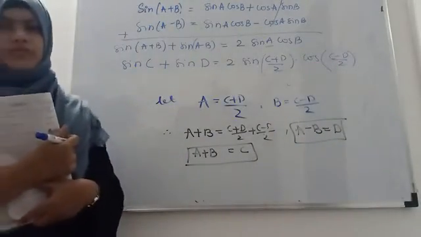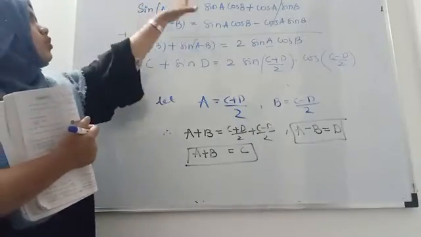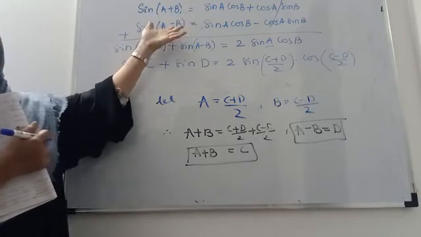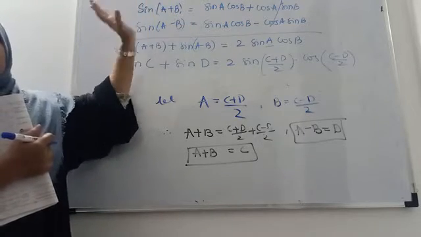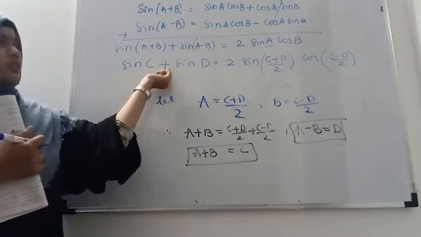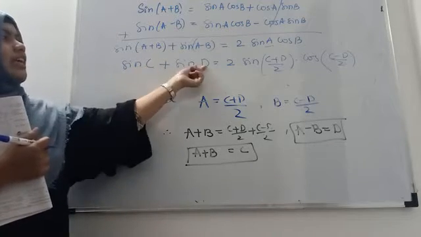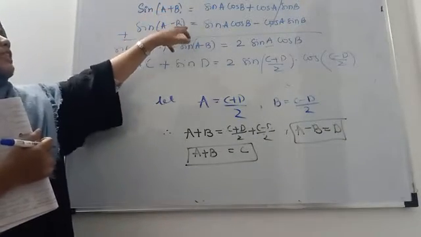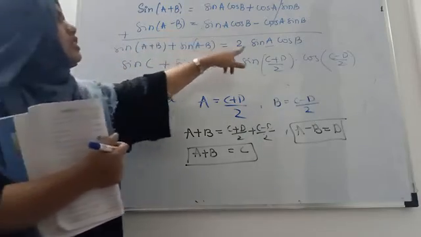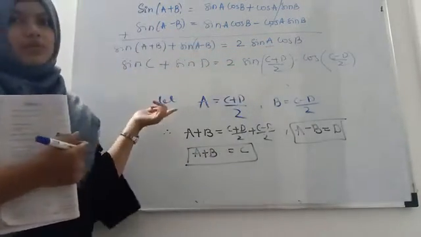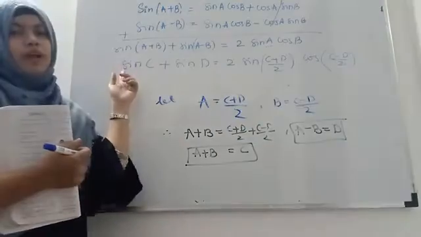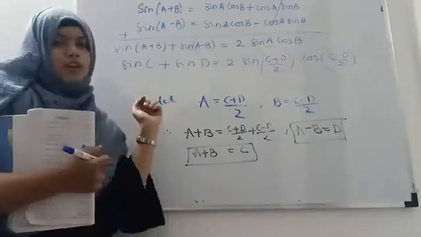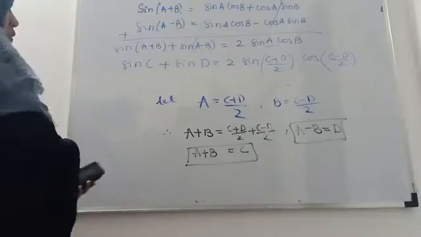Hence proved. Okay. So, to prove all these formulas, you have to use only sin A plus B and sin A minus B, and you have to do addition or subtraction, whatever is required. Here we want plus, and for C and D, we take one as plus and the other as minus. Always you have to take one plus and one minus. Also, here sin and cos terms are there, therefore we have used the sin wala formula. If sin and sin or cos and cos are given, then you have to take the cos wala formula. Okay. So, the first one is over.